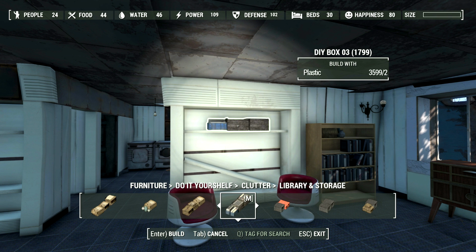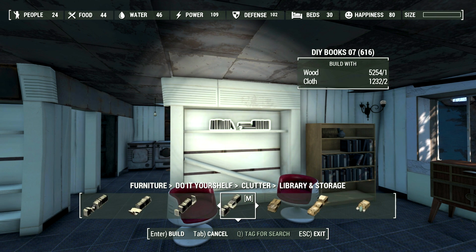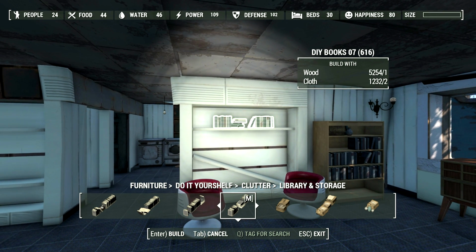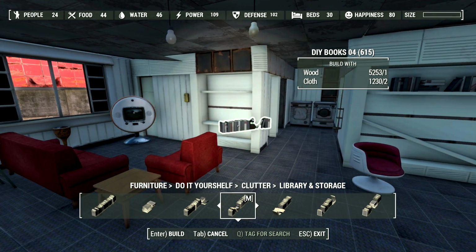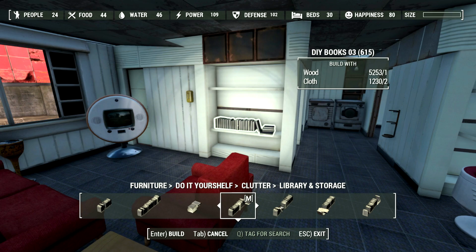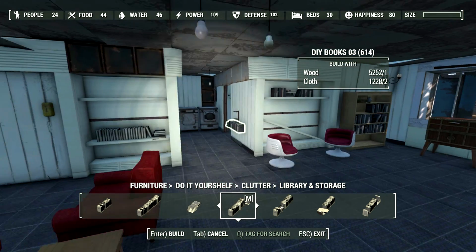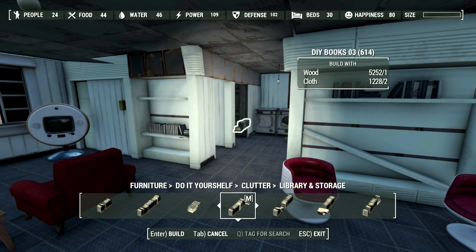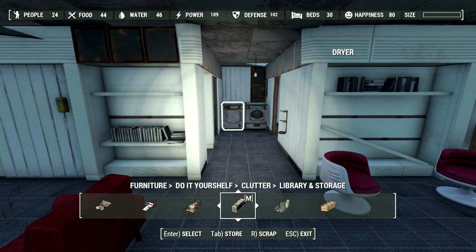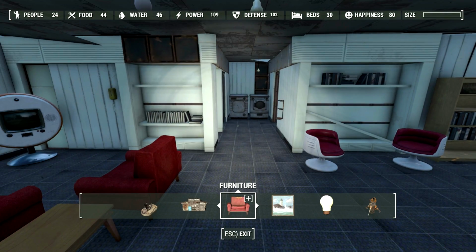Let's see. Let's also put some books on the shelf right here. That looks nice. Love this mod. Should have been using it a long time ago. Makes you wonder how many people can actually read in the Commonwealth. But hey, I'm going to have a school here for too long in Sanctuary, so...